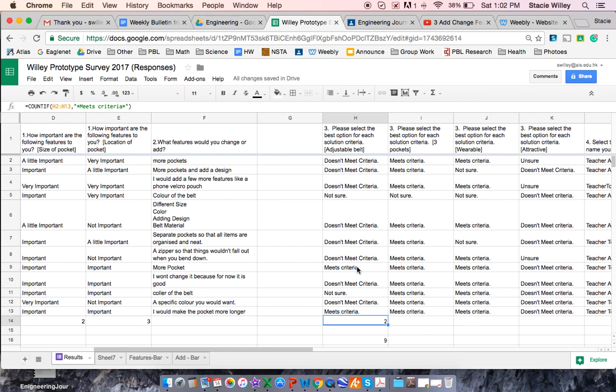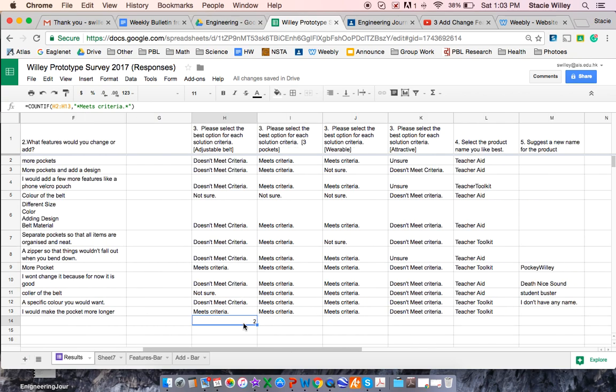Now, notice my meets criteria has a period in it. So if it didn't count, I might have to go back and add a period. Let's see what happens if I add a period. Okay, it still counts. So now once I've done that, I can get rid of my formula here. If you're really having troubles, you can go back and forth and look to see what yours is missing compared to this one. So remember, the nice thing about Excel is once I've done a formula correctly, then I can select, get into that box, and once I have this little guy down here, this little square,